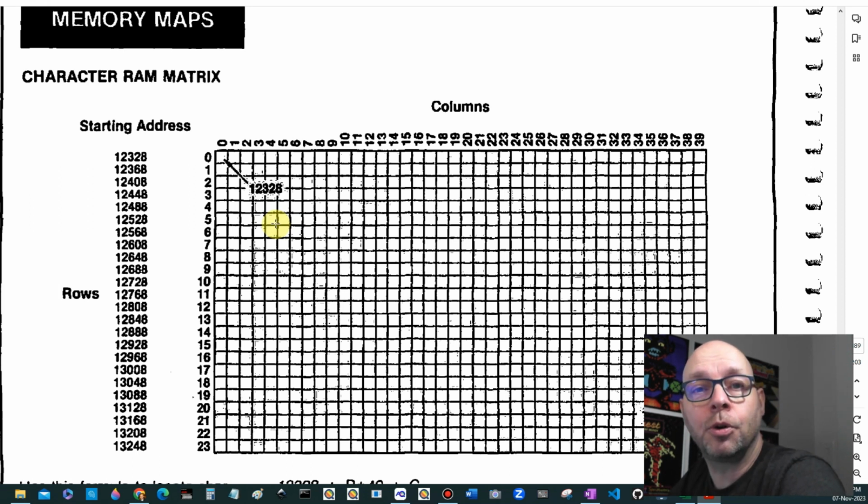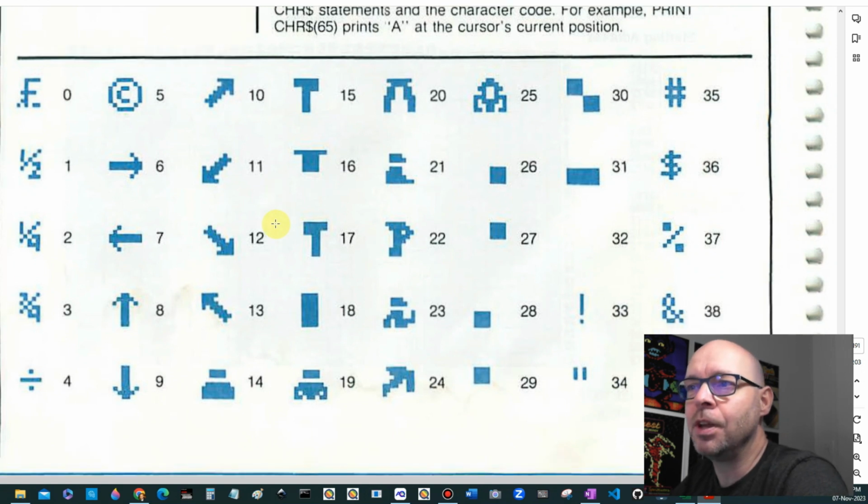So how do you know what the corresponding character will be? Well, let's take a look at the character set for the Aquarius, which is right here. So you can see, for example, if you were to choose character number 25 here, if you put a value 25 into one of those character RAM memory locations, then this little robot symbol will appear at that corresponding location